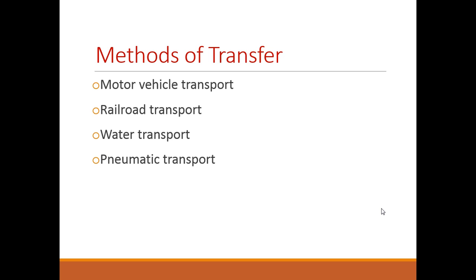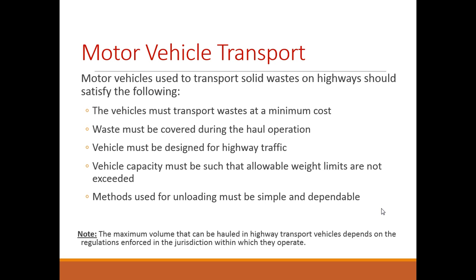And lastly, we want to look briefly at 4 other methods of transfer of waste. We're going to look briefly at motor vehicle, railway, water, and one that we refer to as pneumatic. So the motor vehicle transport, this is the one we are most familiar with, transport for waste collection. So the motor vehicles, they are used to transport the solid waste on highways, and they should satisfy the following